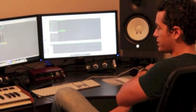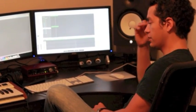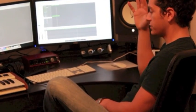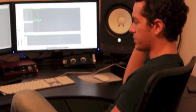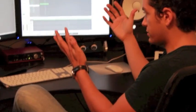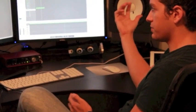Well, I pull from a lot of different sources, I guess, but the thing with EDM, and every EDM producer knows this, is it's extremely easy to get pigeonholed or to be compared. Like, if you have a certain sound in your song, which is fine, that's kind of how it is. I mean, it's electronic music, it's very specific, and there's a lot of sounds to make, so inevitably you're going to make something that sounds like